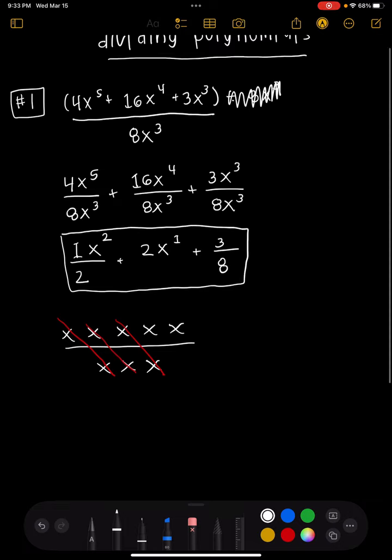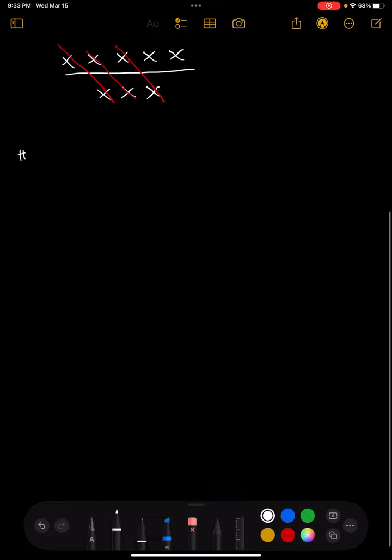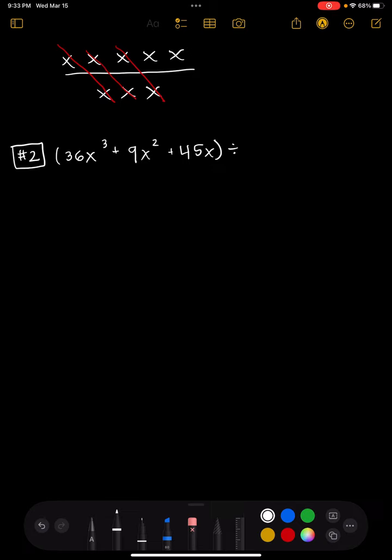Okay, cool. Let's do another example kind of like that, which is number 2. That one says 36x cubed plus 9x squared plus 45x, all divided by 9x squared. So on this one, once again, we're going to write it in a way that makes it look more like a fraction. So I'm going to put the 9x squared on the bottom, and we'll just erase this part. Okay, so when we divide a polynomial by a monomial, we can divide each section of the polynomial by that monomial. So I can rewrite it as